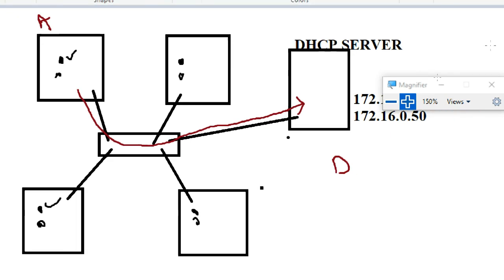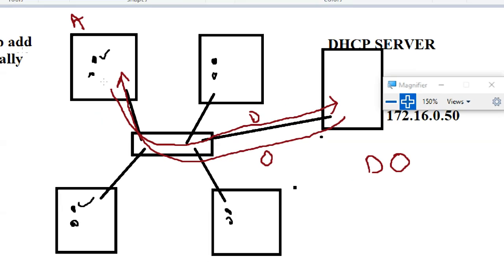So when the DHCP server receives it, it will understand, okay, PC A needs an IP address. Now the DHCP server sends an offer. It sends a discovery packet to discover where is the DHCP server, and it sends an offer to our PC. Then what happens?